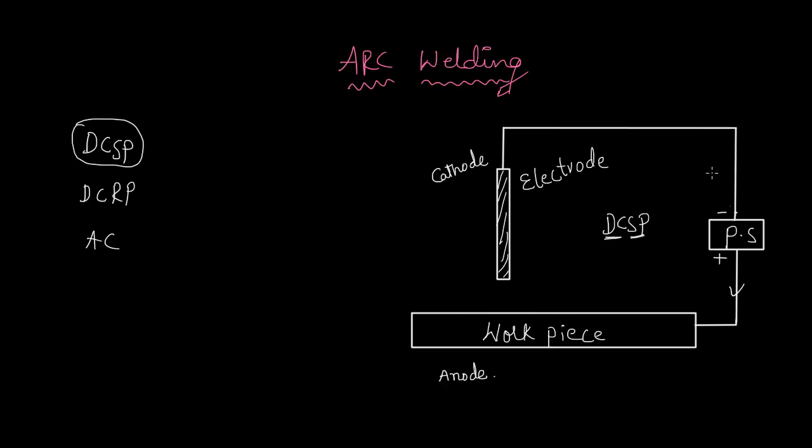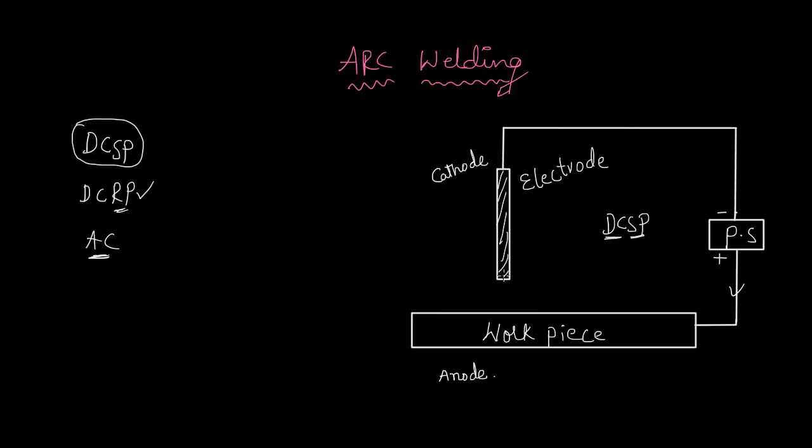If the positive terminal is connected with the electrode and the negative terminal is connected with the workpiece, then that is called DC reverse polarity. In AC current, there is no fixed positive or negative terminal. The terminals will change according to the frequency of the current. That means if I am using 50 Hz AC current, 50 times per second the terminals will change. I cannot decide whether it is in straight polarity or reverse polarity. So that is the meaning of AC, alternating current. During the positive half cycle, it acts as DC straight polarity. During the negative half cycle, it will act as reverse polarity.